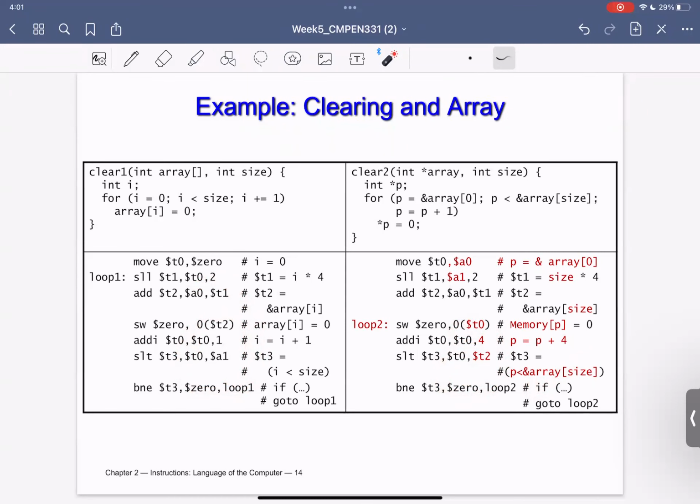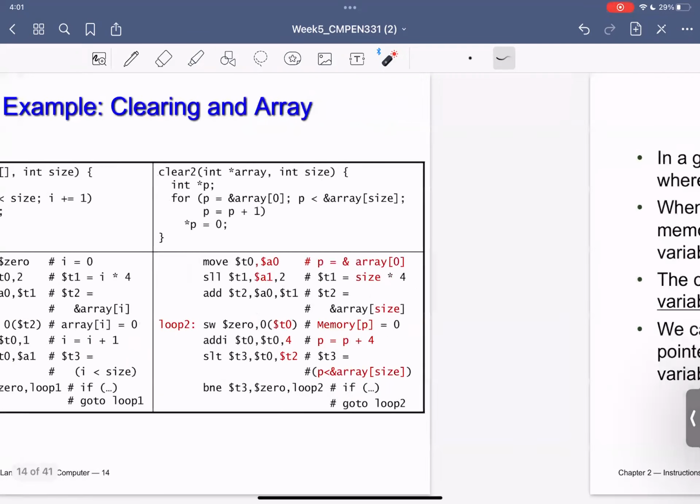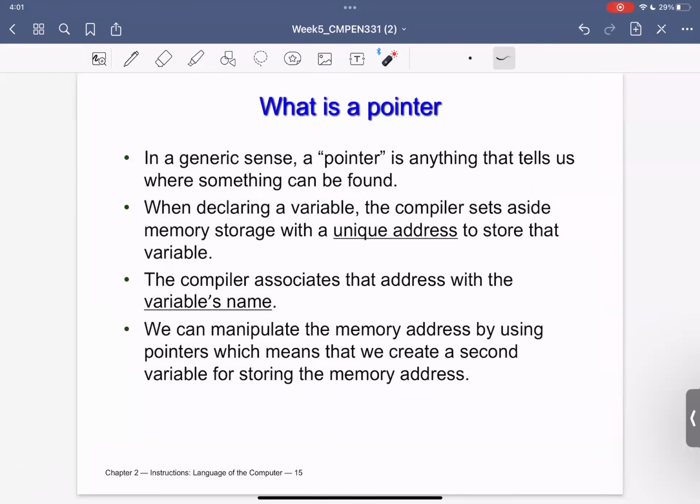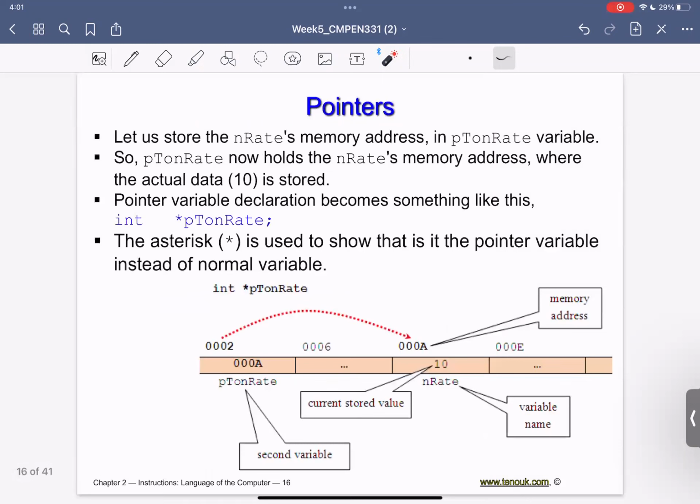But let's go into a little more detail to see why that is. First of all, let's remind ourselves, or if you are not familiar with it, let's define what a pointer is. Basically, a pointer points to a particular unique address that holds a particular variable. So instead of having the variable's value by itself, you are pointing to an address that holds that value. Let's take that example.